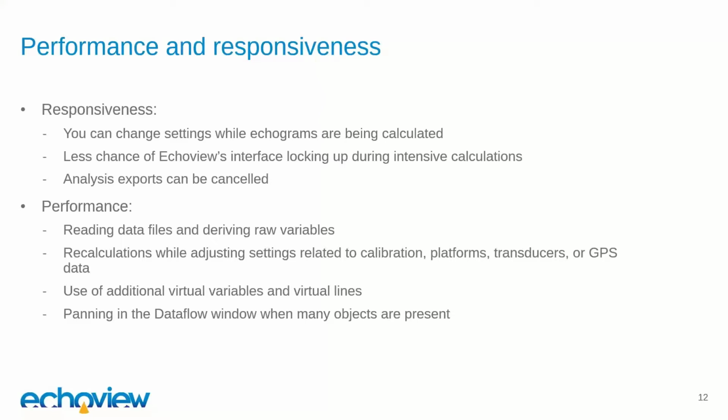And if you commonly use the best bottom candidate line pick operator, this is one of those, and it will calculate much more quickly now and not lock up EchoView while it is calculating, which is great news. And for those of us that have very complicated data flow processes set up, EchoView will be a bit faster when you're moving around and working in that complicated data flow window.